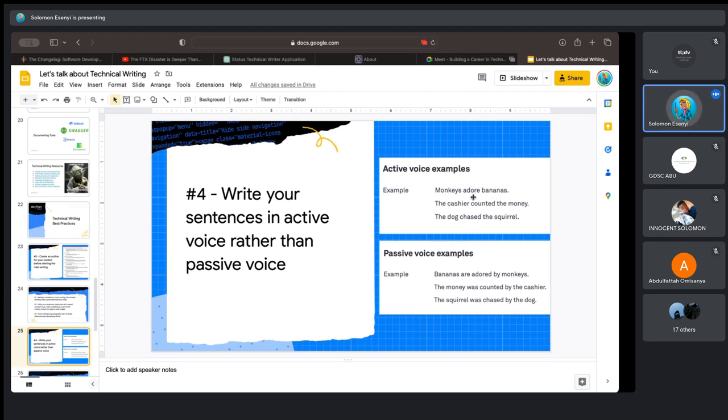Also, if you use tools like Grammarly and the Hemingway app, if you write something in passive voice, it will automatically highlight it, telling you that you wrote this in passive voice, and sometimes they will even give you a suggestion on how you can write it better. So it's something you should not really bother yourself about, but just be aware, or just be conscious that you should always write in active voice rather than passive voice. But if something slips and you forget, then tools like Grammarly would help you identify it and fix it.